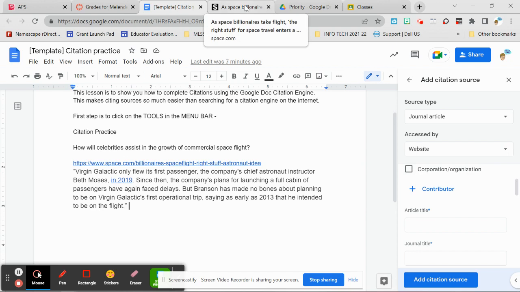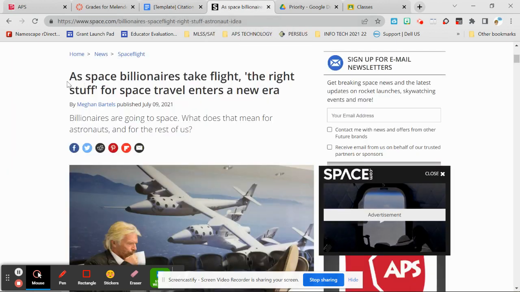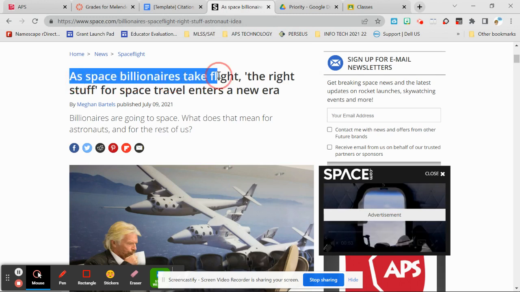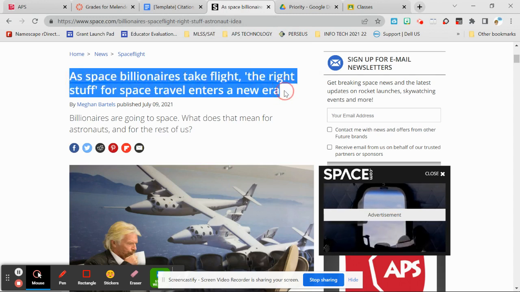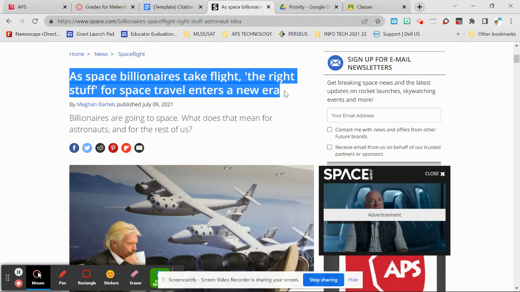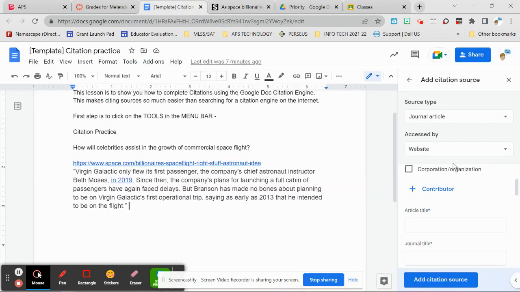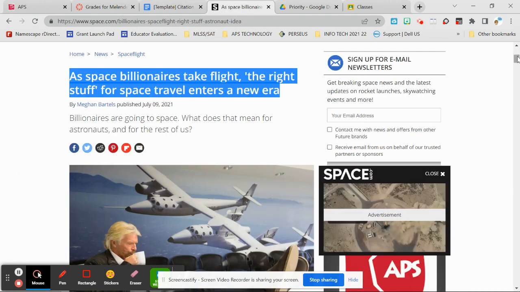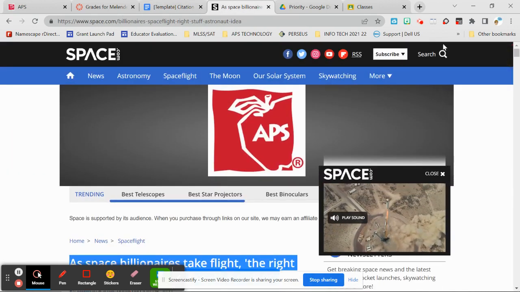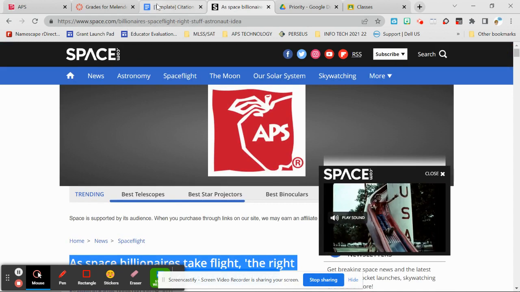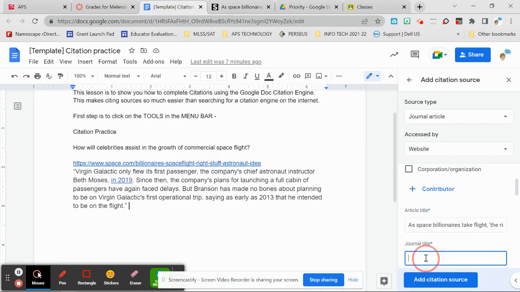The article title is this: As Space Billionaires Take Flight, the Right Stuff for Space Travel Enters a New Era. I'm going to copy that. We're going to come back over here. I'm going to paste it in here. That is the title of the article. The journal title is space.com. So we will put that in here,